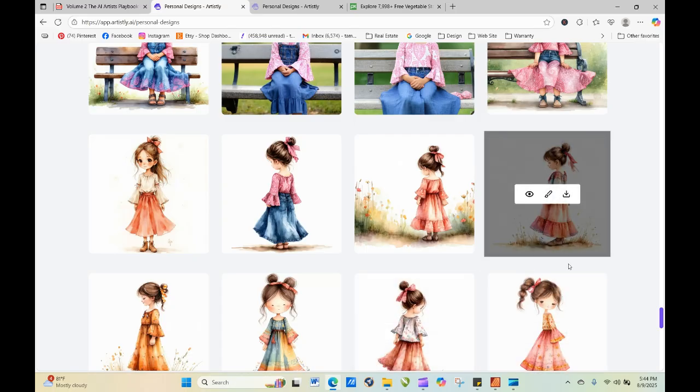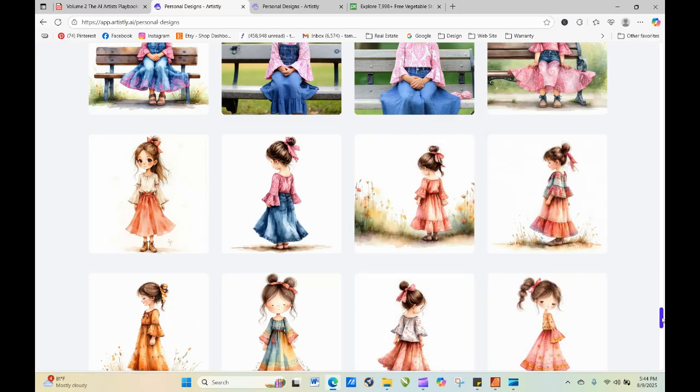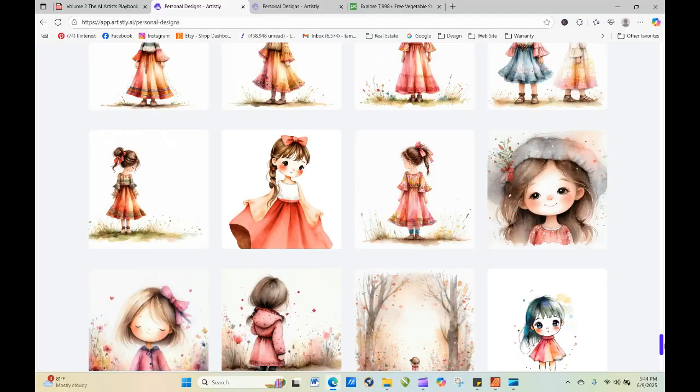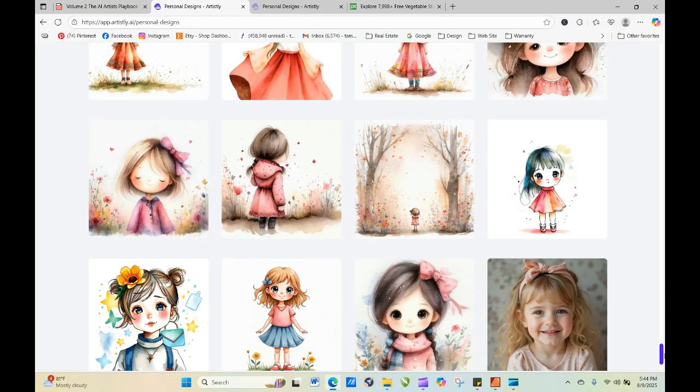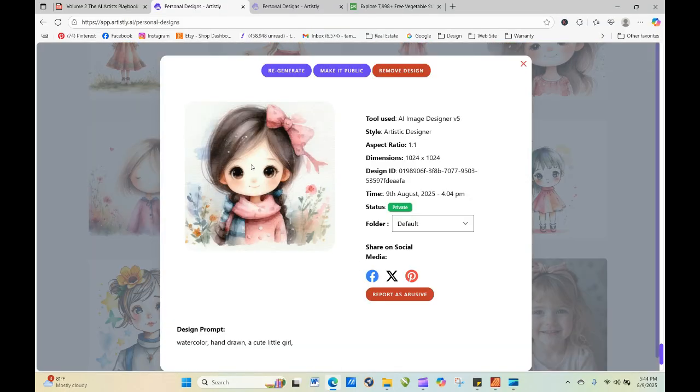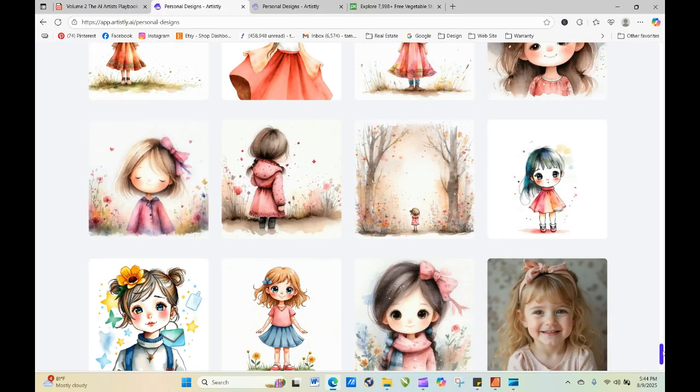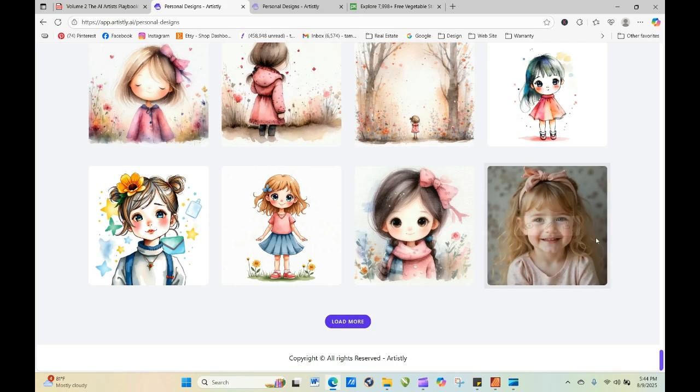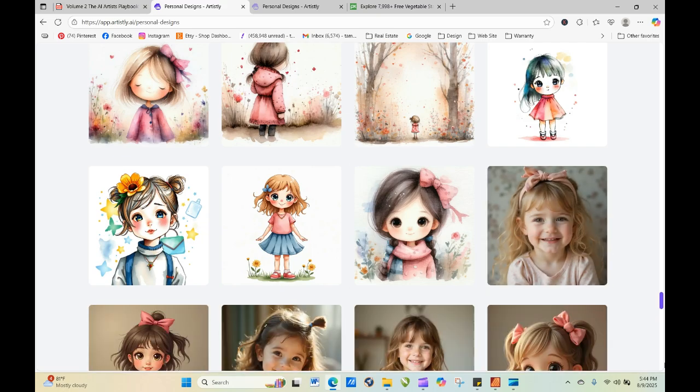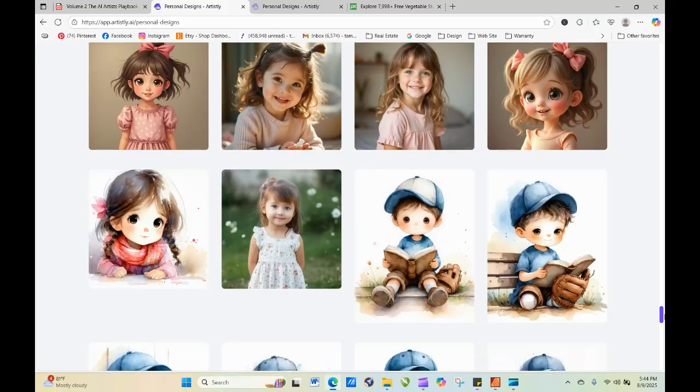But we started out with that very basic image, this one, the original watercolor one, and then we started with that very simple prompt that gave us all of these different variations here,